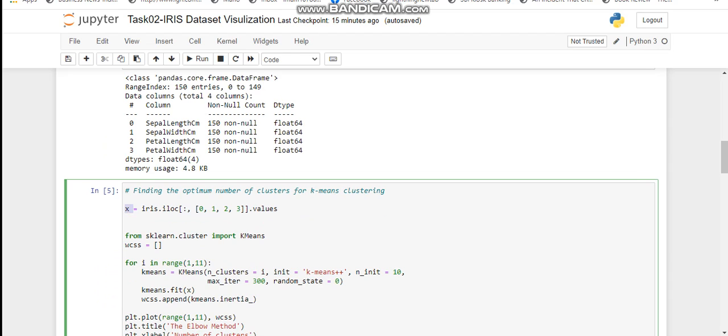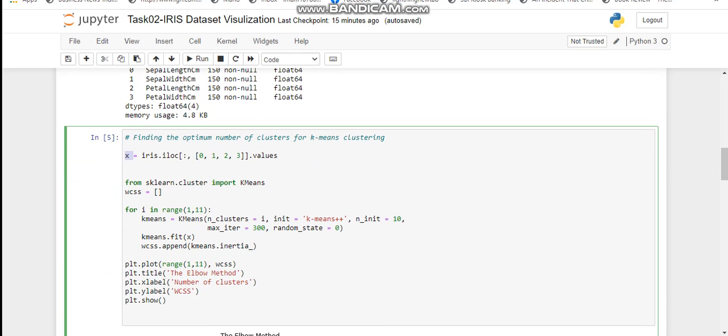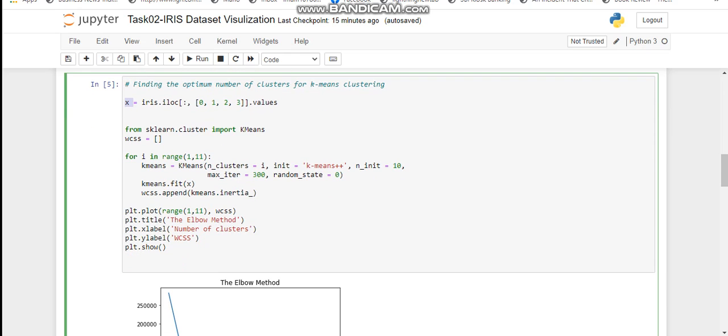We also create a list of WCSS or within cluster sum of squares. Now we will iterate using for loop and will append WCSS by kmeans.inertia, which is sum of square distance of samples to their closest cluster center. After that, we will plot the graph by using these lines,